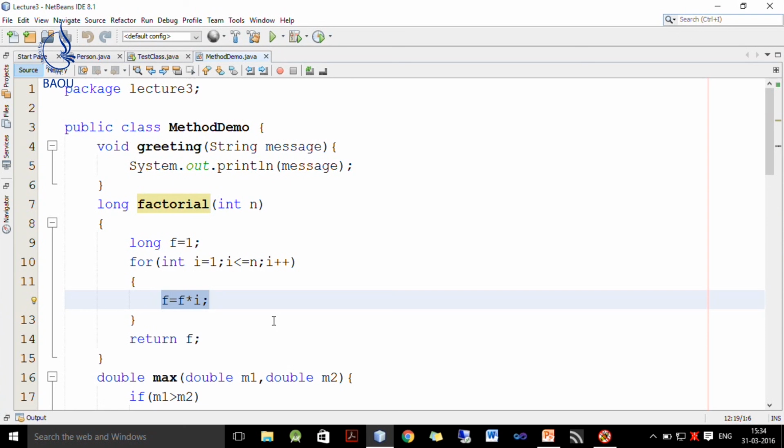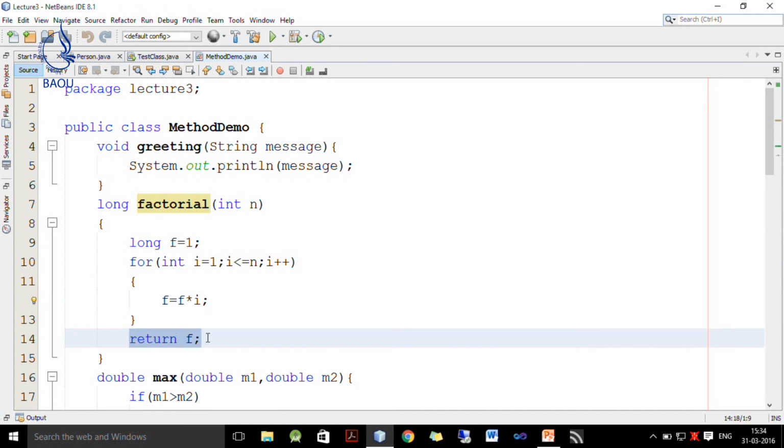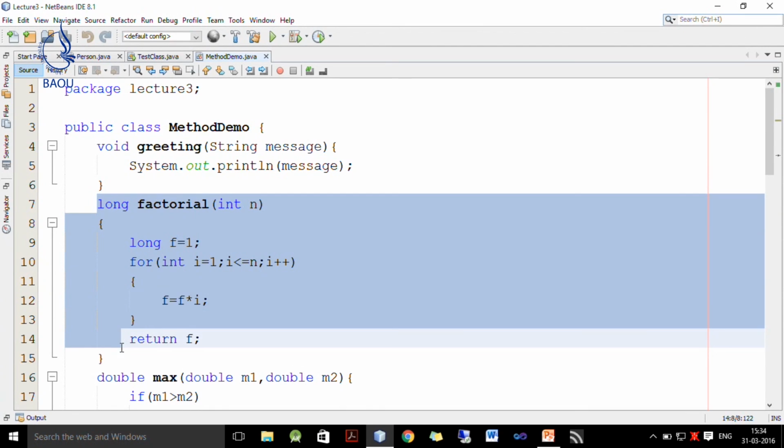So, initially f is 1. First it is multiplied by 1, then 2, then 3, then 4 and up to n, and whatever value we get inside f is the factorial of n and it is returned to the calling function. So, this is how this long factorial works.